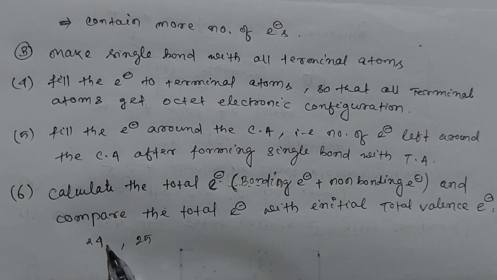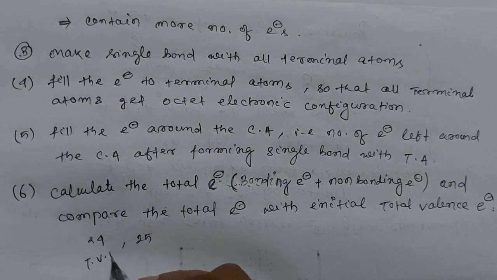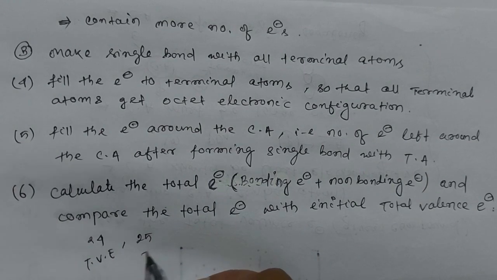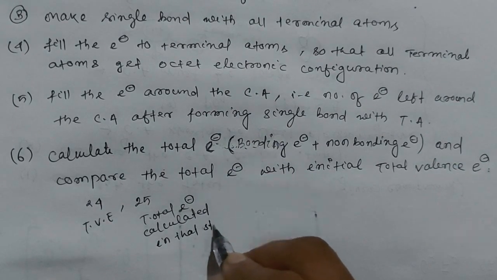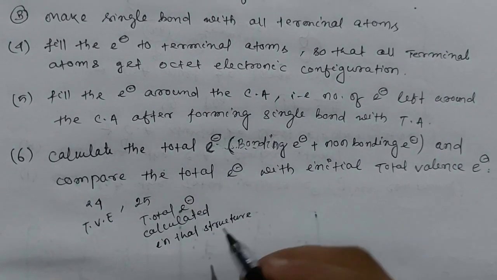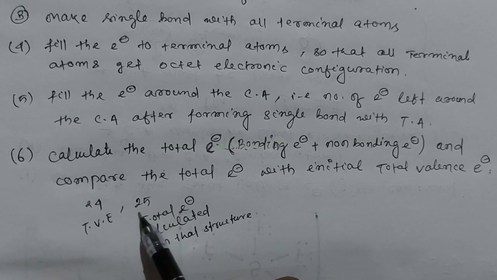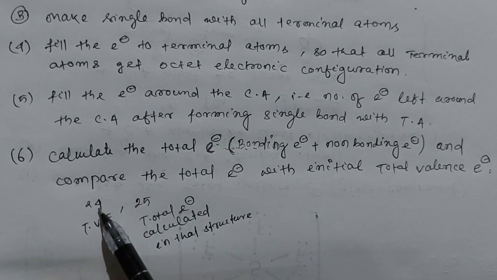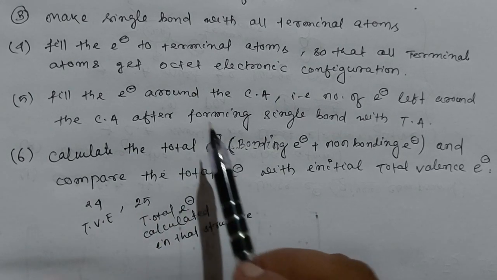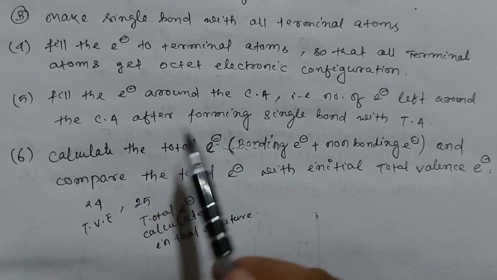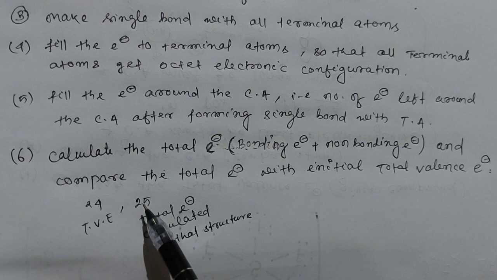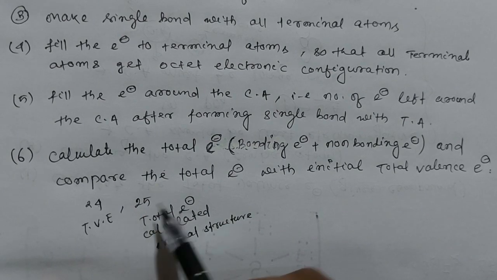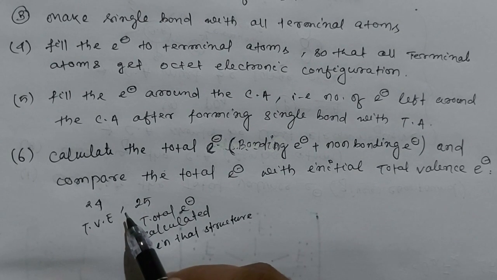Okay, this is the total valence electron and this is the total electron in that structure. Okay, so it was 24, but after we have arranged the electron around the central atom and terminal atom, we get 25, that is total electron in that structure. So this is exceeding by 1 electron. So we will add